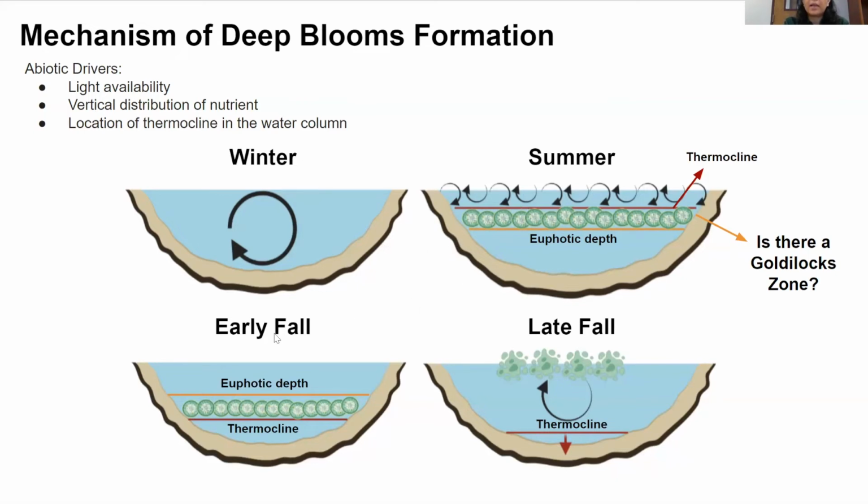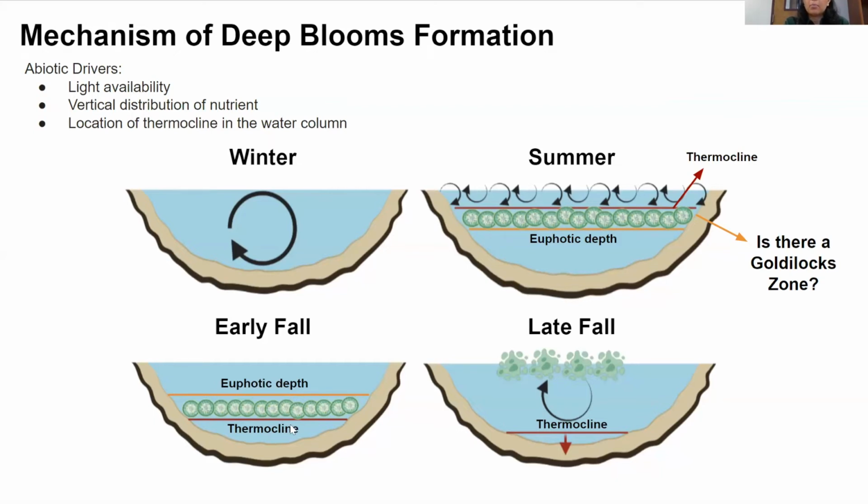So after that, in the early fall, we can see that the weather is getting cooler and the thermocline moves down, below the euphotic zone. We know that the cyanobacteria need light to survive, but they move down with the thermocline because they use the storage of the nutrient to survive, and they can avoid the turbulence at the surface. Because the light is still penetrating quite deep in this lake, they even move down with